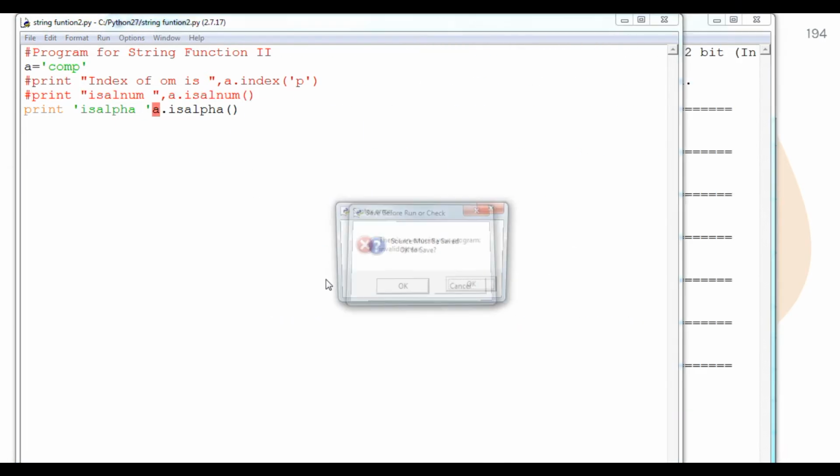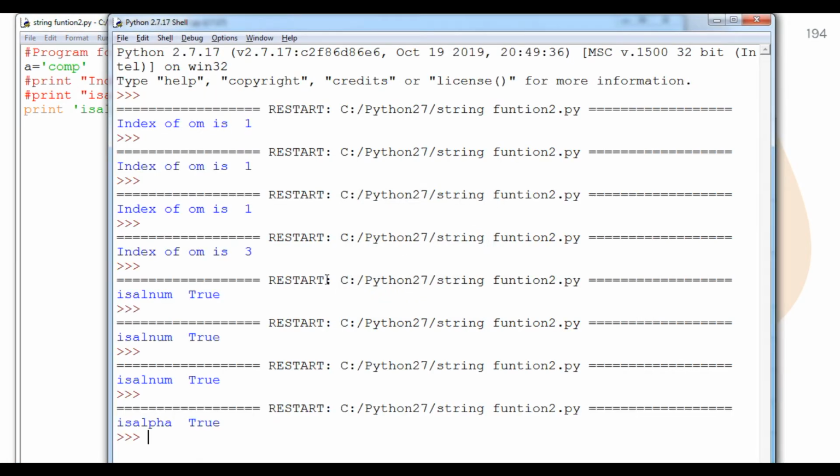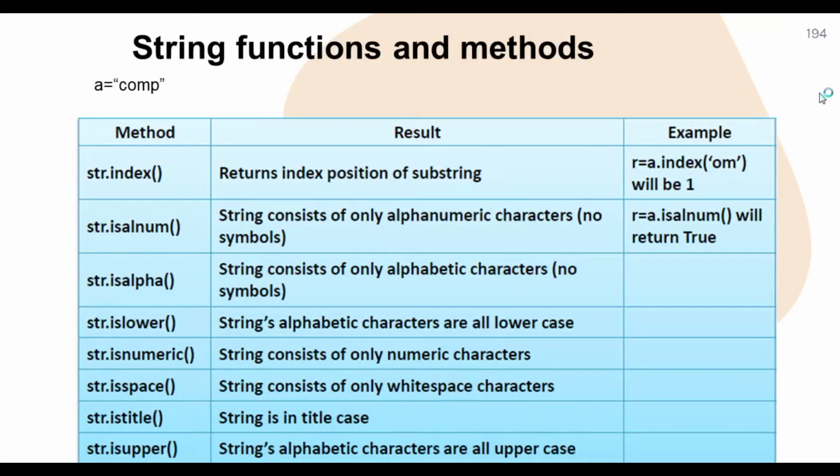I'm going to make the previous line a comment again and run it. I had skipped a comma. Now you can see it will again be True. It is used to check whether the result is true or false. It returns True if there are only alphabets.